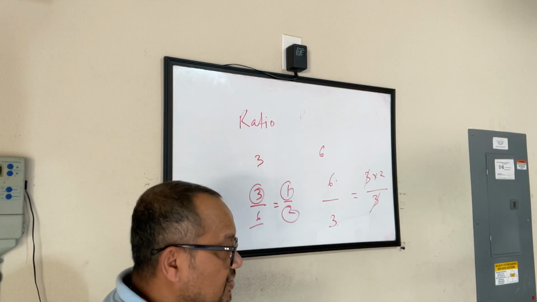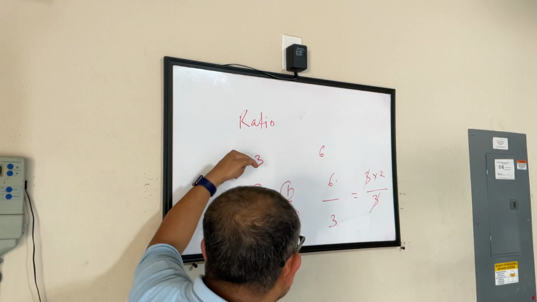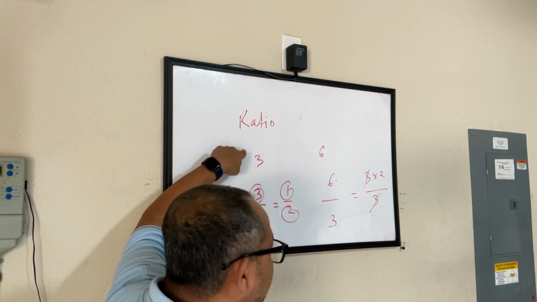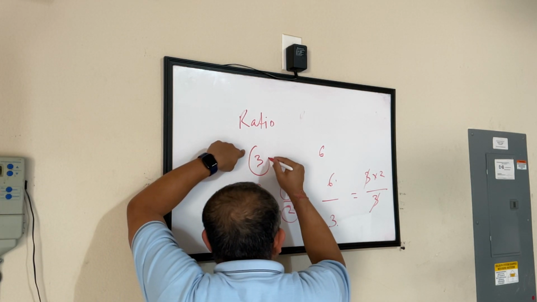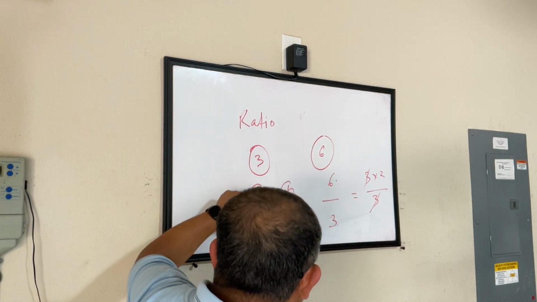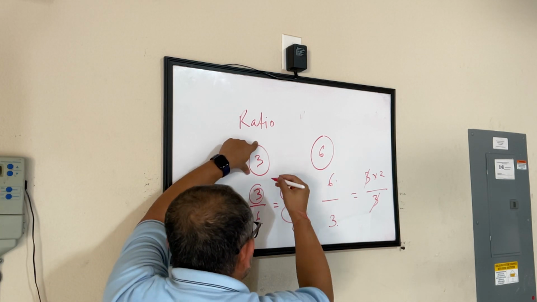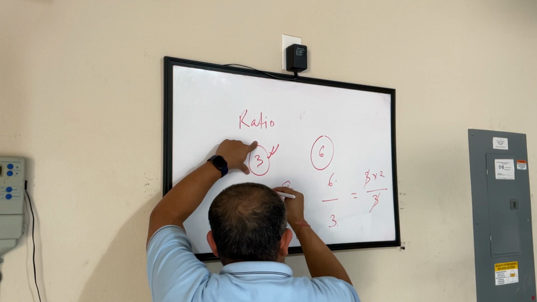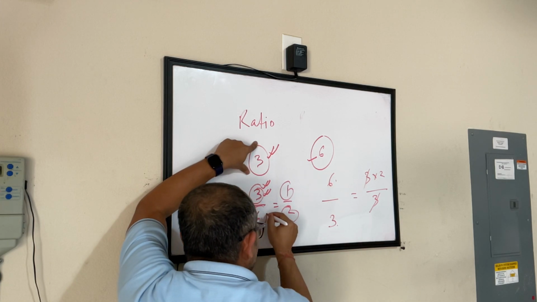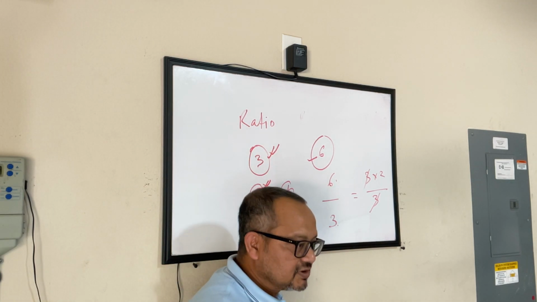So, ratio is always a method to compare one number against the other number. The value of the ratio will be determined based on which number you are considering as a base and then comparing that with the other number. If you look at it mathematically, always say which number you are comparing. That is always the top. That is the first thing you have to consider. Against which number, that goes as the second number, or at the bottom. And then, whatever calculation you have to do, that you guys know.